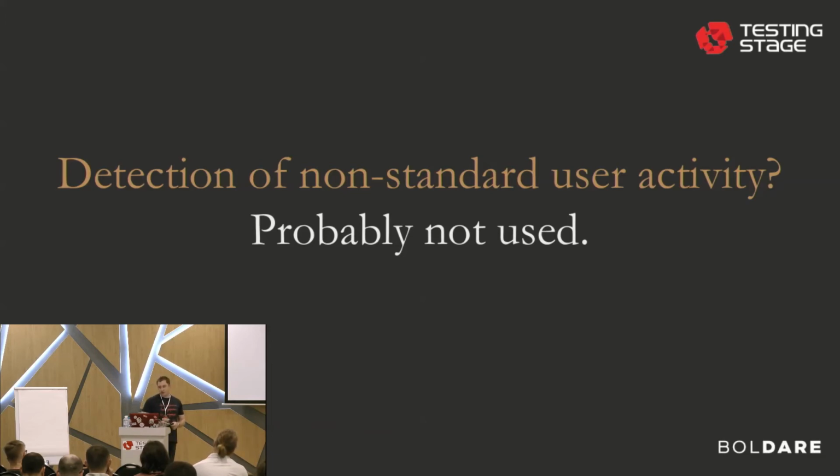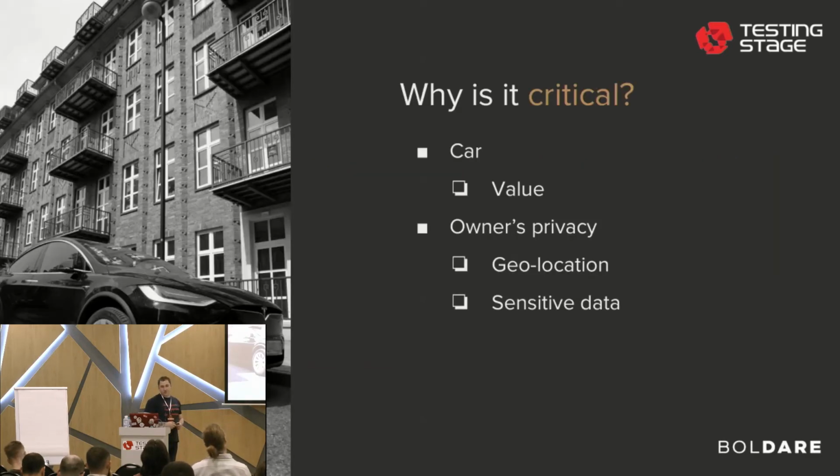I even made requests to the API like every 5 seconds for quite a long time. I was checking the location using the API, because there is some REST API used by this application. And I still got access to this application. So I think that if some detection of non-standard user activity were implemented, then I shouldn't have had access then. Why is it so critical?